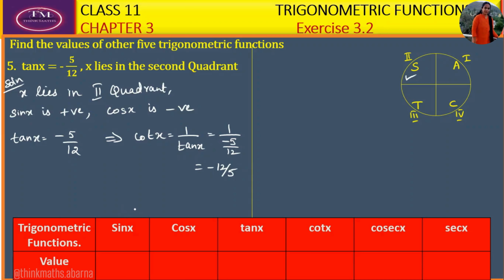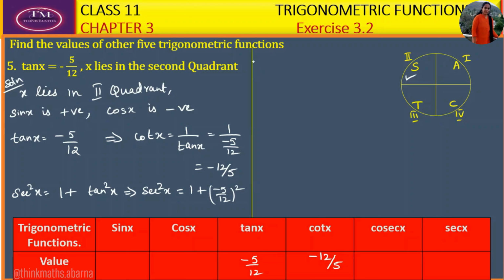Let us fill up the table. Tan x is given, which is minus 5 by 12. So cot x is minus 12 by 5. Now we are going to find out secant x using the formula secant square x equal to 1 plus tan square x. So secant square x will be equal to 1 plus, what is tan x? Minus 5 by 12